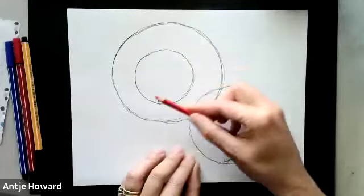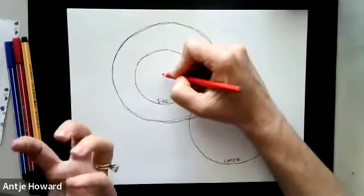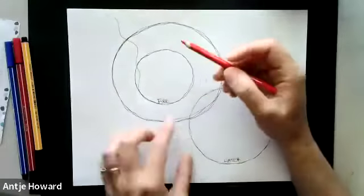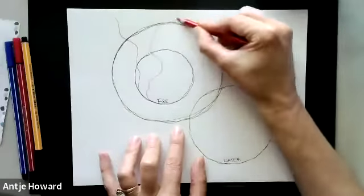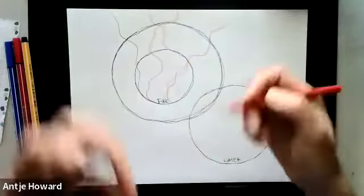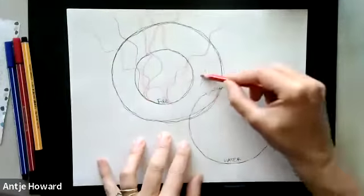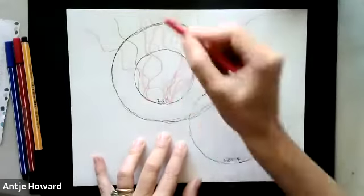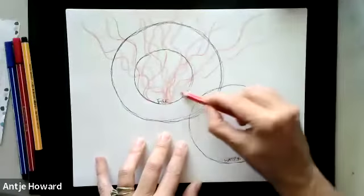I don't have to color it flat. I can actually color it with lines. And for me, fire is an uplifting energy, so it goes up. So I'm just going to draw lines up, and I'm using neurographic lines. Anybody who knows neurographic lines, you can use that too. And I'm just mimicking what for me feels like fire. So when it's flickering, it goes in all directions. It's very fast. Fire usually is very active. So I just bring that into